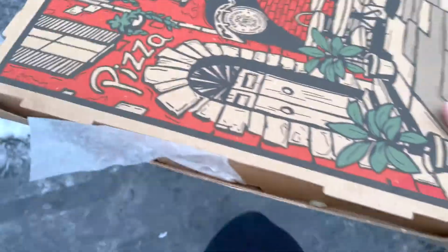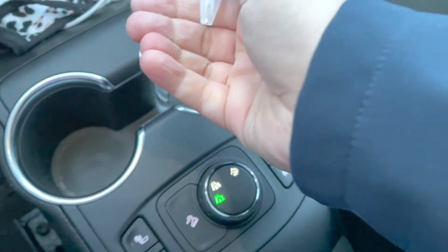This one is trash only. The second one is for boxes. Shut that. Some hand sanitizer. So what I think I'll do now,